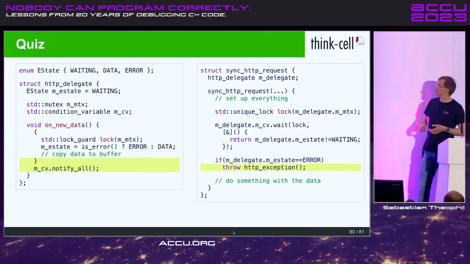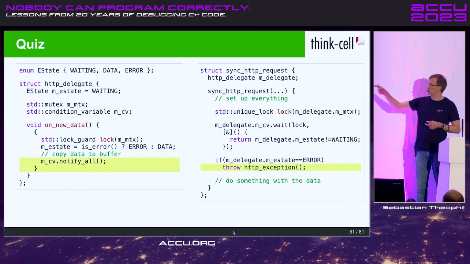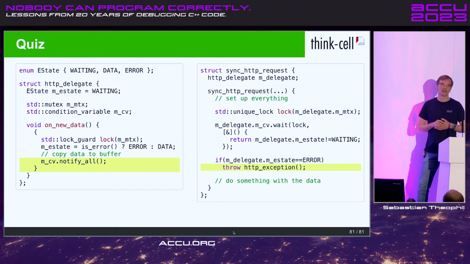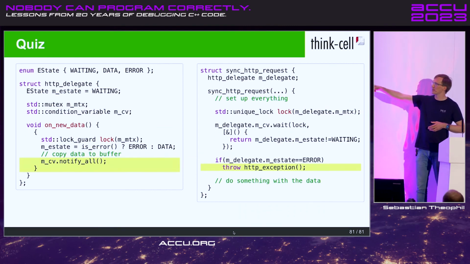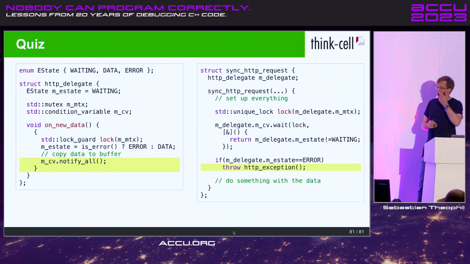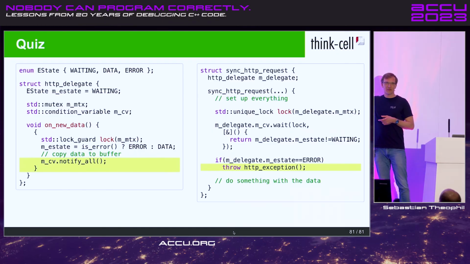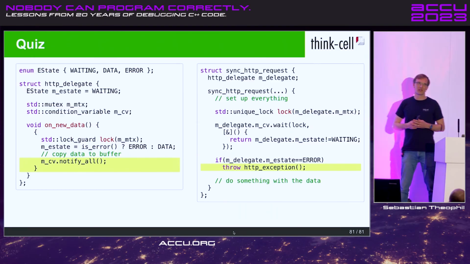And that is why, is that clear? Did everybody follow, or does somebody have a question about that? That's why the C++ guidelines explicitly say that you should always write the notify inside the mutex. It seems like this would be somehow inefficient because then this guy wakes up, but you still have the mutex over there, so it has to wait one more. But apparently, I didn't verify, but apparently every implementation optimizes this away. But if you write it outside the mutex, you have to make sure that you deal with spurious wake-ups correctly.